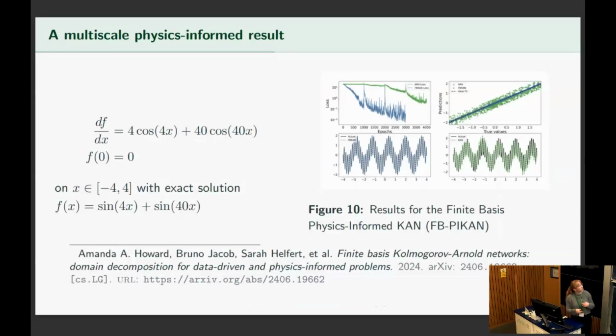Here I have a multi-scale physics-informed result similar to the result from the last problem. The message here is that if you have a multi-scale problem and you'd like to solve it without data using a PINN or a KAN, you can use the stacked iterative approach where we're solving for the entire problem domain iteratively, or you can break up the domain into smaller pieces and reach an accurate solution that way. So there are multiple ways to address the varying challenges of multi-scale problems.